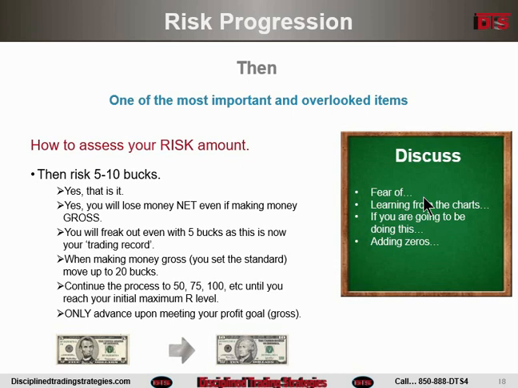You move up to 10, same thing. $40 profit in a 3-day window, and you move up. If you don't hit that goal, you stay there. And if you don't hit that goal for 2 or 3 3-day periods in a row, you move down a level. So that you don't get in this situation, $5 or $10 doesn't matter, but if you get up to